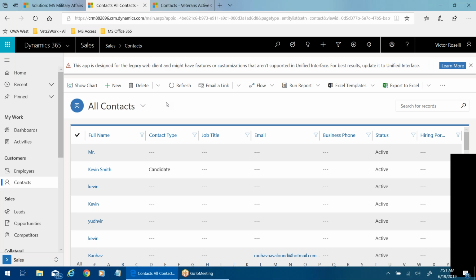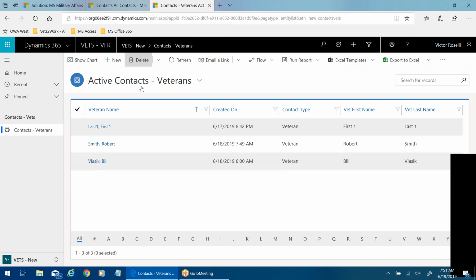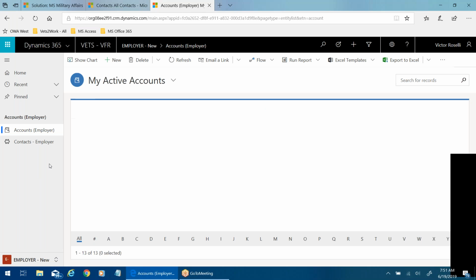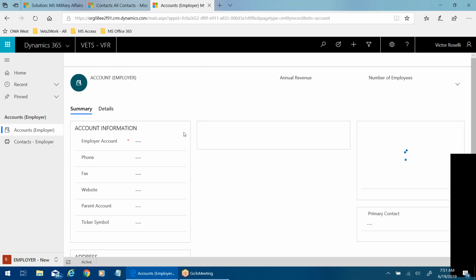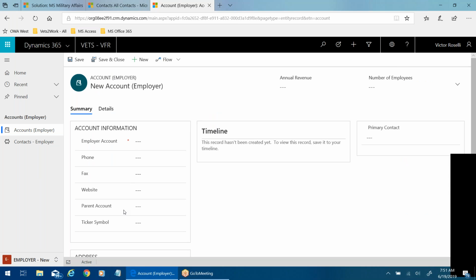I think, Victor, what you had in your test environment was correct. You separated the forms by different areas within the app. So if you're in just the employer area, like right now you're in the vets area, if you go to employer and create new, it should bring up whatever form is associated with this area. And it's the same for vets.